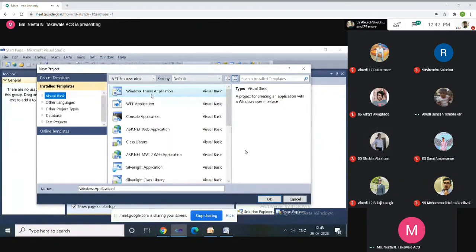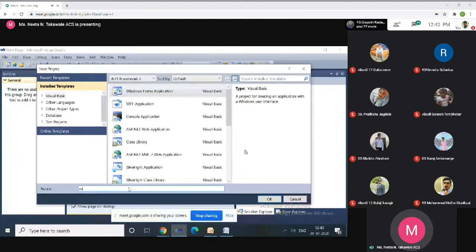So I'm going to select the first option. Now here, this is the name of your application. You can give any name that you want, for example hotel management system, car sales management system, whatever you want.